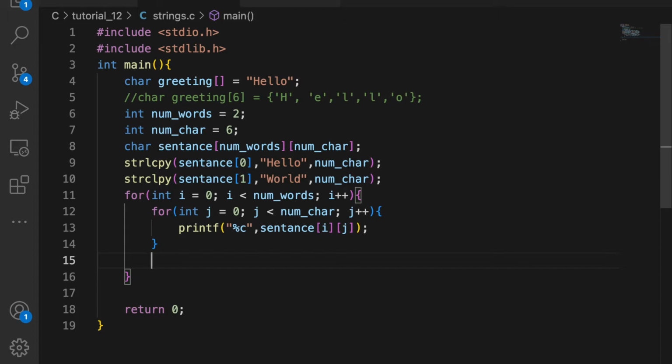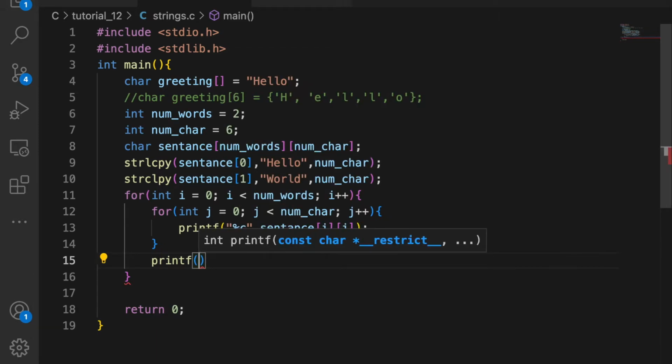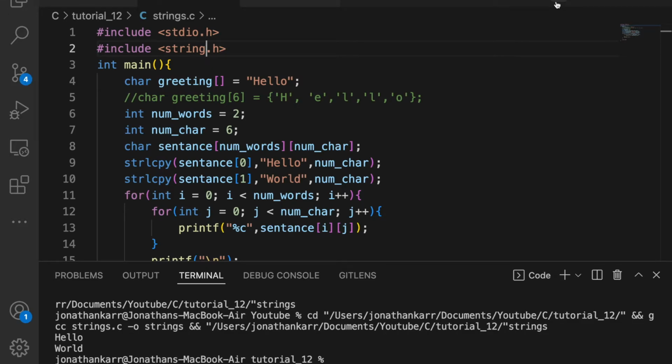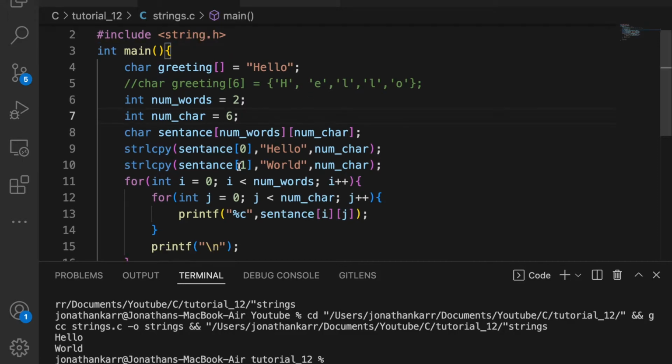And let's say I wanted to break this up by putting a new line after every single word. I can do that outside of the first for loop and inside of the second for loop by adding a new line character, and this will work when I run it. So let's see it in action. And we get hello and world just as expected. And it's important to have the string header file located at the top so that we can use string length,